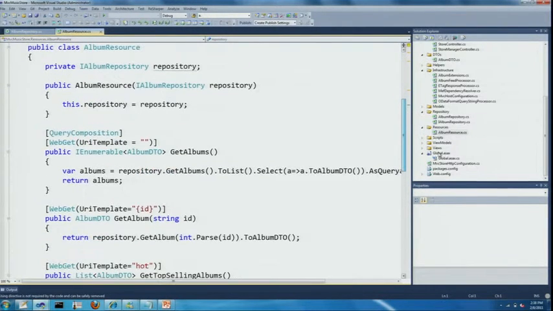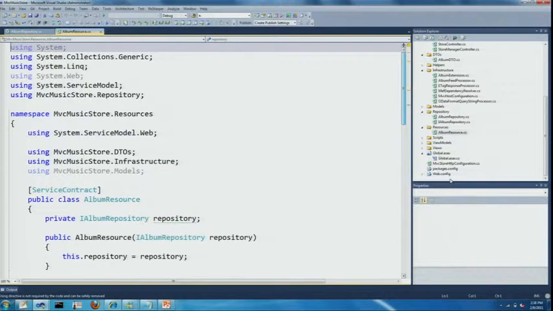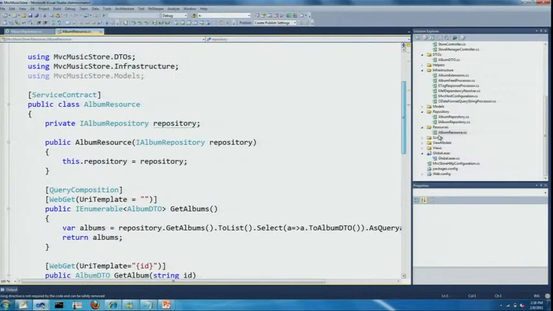Now, that album resource is going to actually do a bunch of things. It's going to expose a bunch of things to the outside world. But the first thing is it needs to access that repository. So it would be nice, MVC has talked a lot about dependency injection and the work they've done with dependency resolver. It would actually be really nice if I could just inject that album repository dependency into my resource, which would thereby make it more testable, but it would also allow me to share code or functionality and data and state between my MVC controllers and my WCF service.